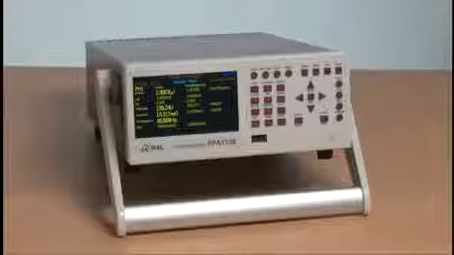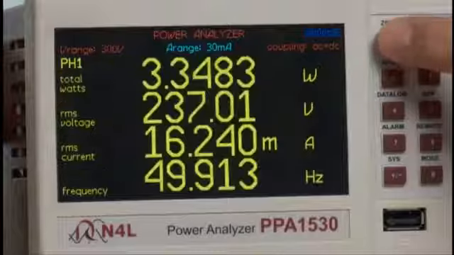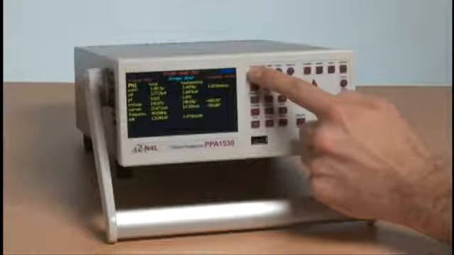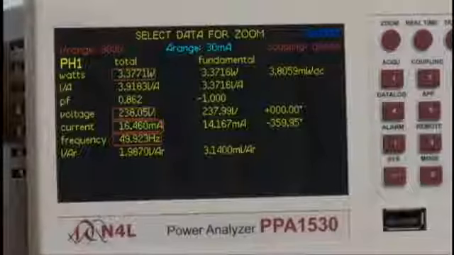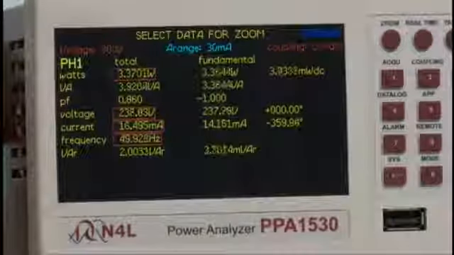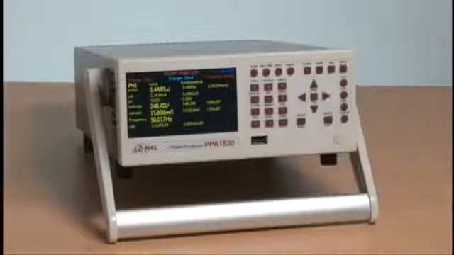This is the standard mode of the instrument, and the display shows some zoom functions which may be of particular interest. While we're on the screen, we will illustrate that you can zoom in any parameter you want to see in greater detail. And if we stop at this point, you can see that there is a red block around the selected items. This red block can be moved with cursor keys, so you can zoom into any function you want. We will leave it at the standard watts, volts, amps and frequency, as these are often of greatest interest